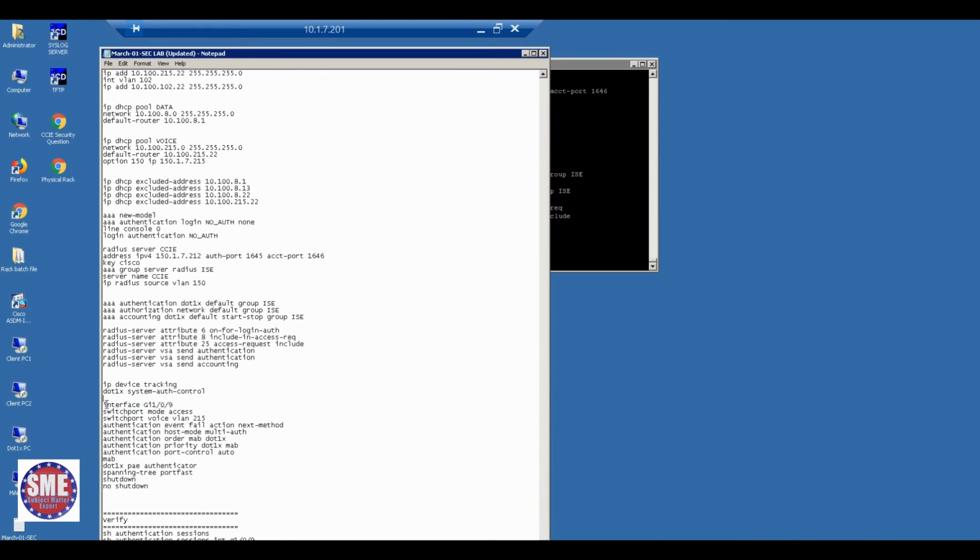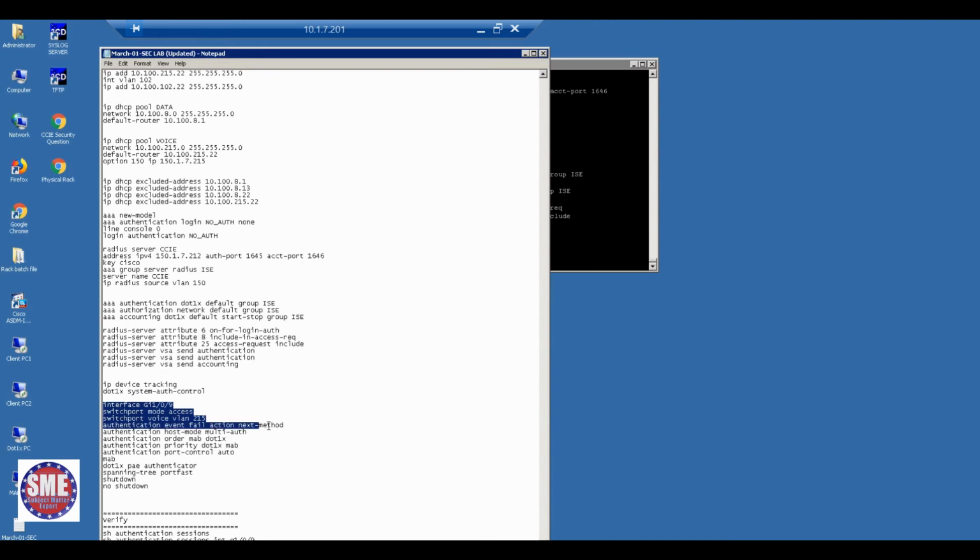Then the port. See here, we didn't define any VLAN, mode access only, right? Voice VLAN, we are not injecting from the ISE, but the voice VLAN activation will be from the ISE only. Remember the Cisco IP phone results we called. He will activate this VLAN, then only the DHCP process will be leasing.